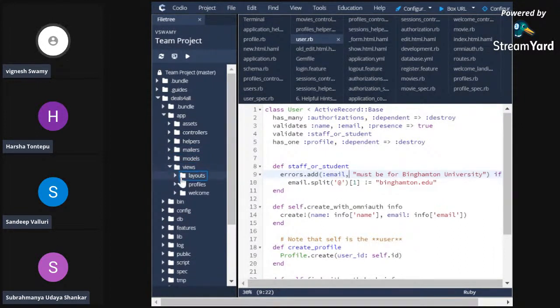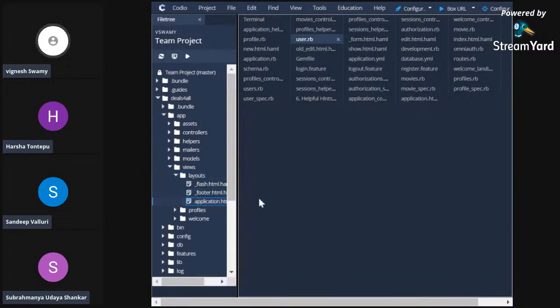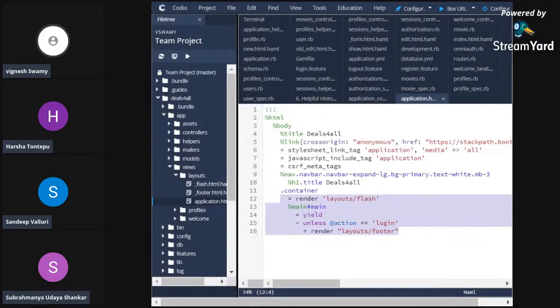What about the views? We should change our views completely for our deals for all now. So yes, the layout application we modified yesterday, since it has a flash and footer that is also modified. So this content is perfectly good now. I don't think anything is needed here. So we'll go to our